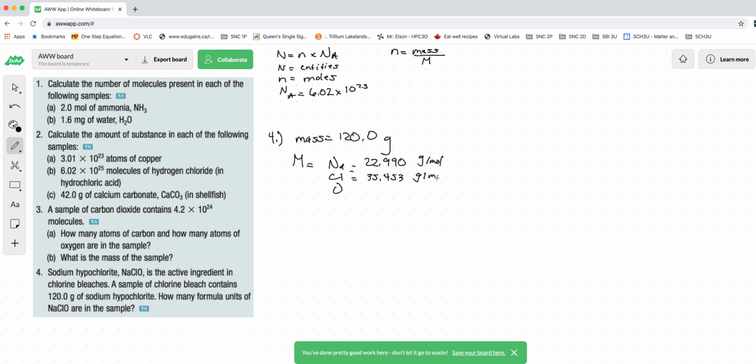So your molar mass here becomes 74.442. And then from here we can calculate moles by plugging it into the equation above. And I get 1.611999323 moles,